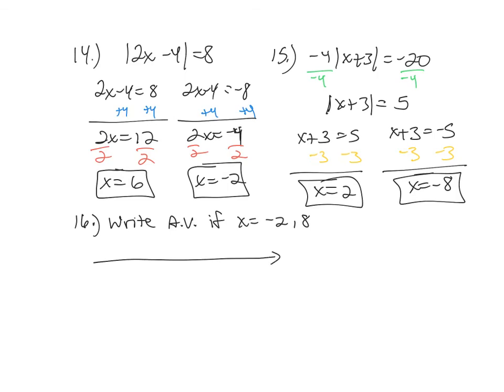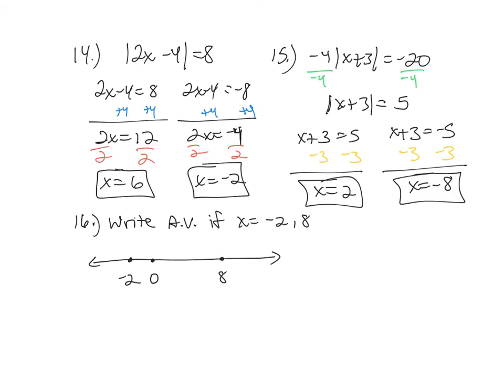Make a number line. -2 would be over here. +8 would be over here. And so then, if you want to put 0 in there, that's fine, just to help. I don't know if that helps or not, but